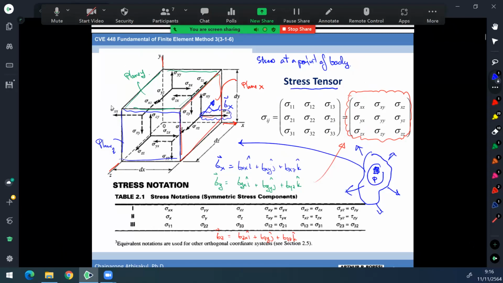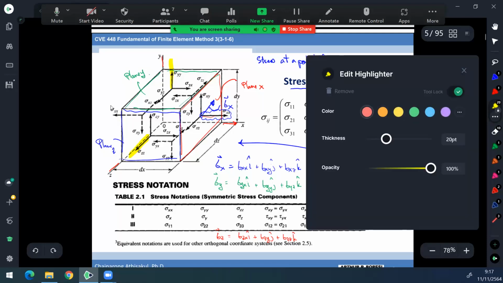Sigma x is this component. Okay, and if we focus on sigma yy, it is the normal stress along the y component. Is this. Okay, if we talk about sigma zz, it's the normal component, the stress on the plane z and in direction z, so it is also a normal stress. But if we focus on sigma